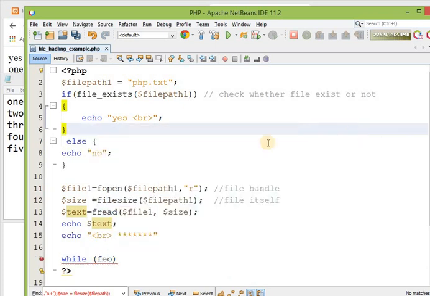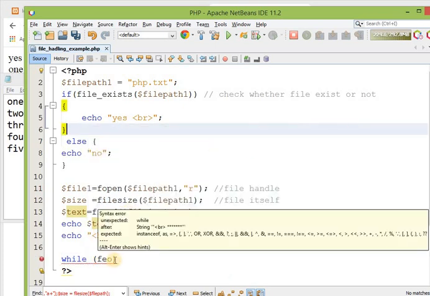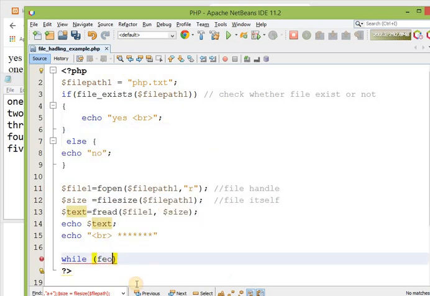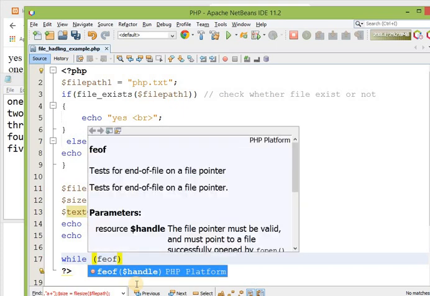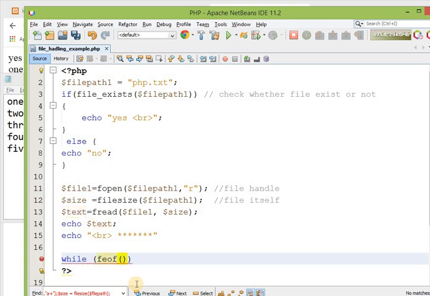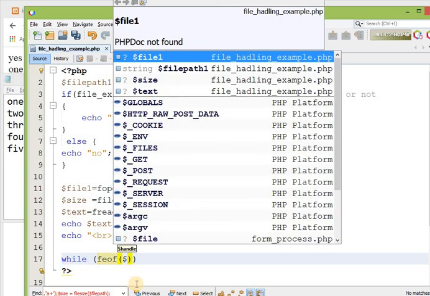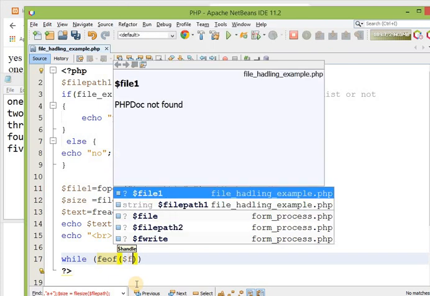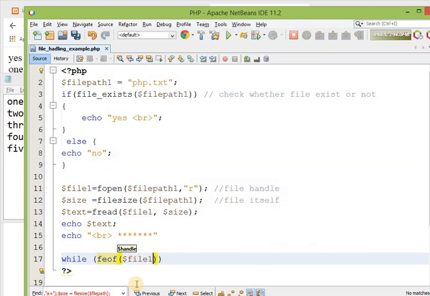So feof, and you just need to pass the handle. So the handle is, what is file1? This is our handle, you can see that.